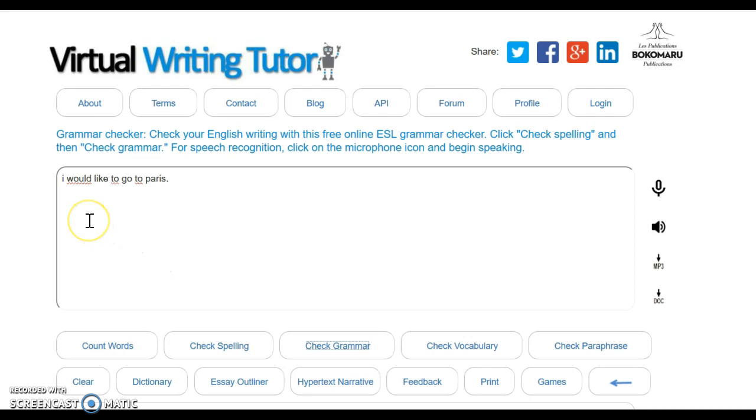Even if you don't know how to pronounce a word of a sentence, on the right hand side of the screen here you see the volume icon. So you click on it and it will say out loud the whole sentence. You can check. See? So it's very